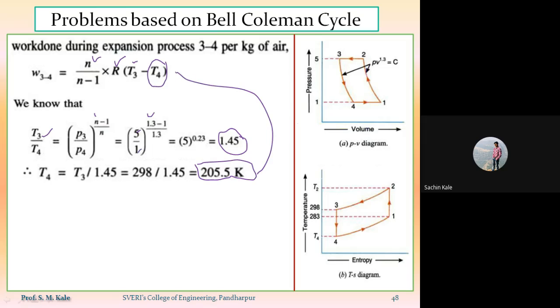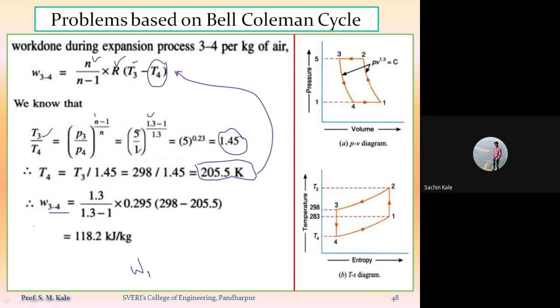So put this value of T4 in this equation. I will get the value of work obtained during process 3 to 4 per kg of air. So that value of W3 to 4 is nothing but 118.2 kilojoule per kg. Now, as I have calculated the value of W1 to 2, and again I have calculated the value of W3 to 4,